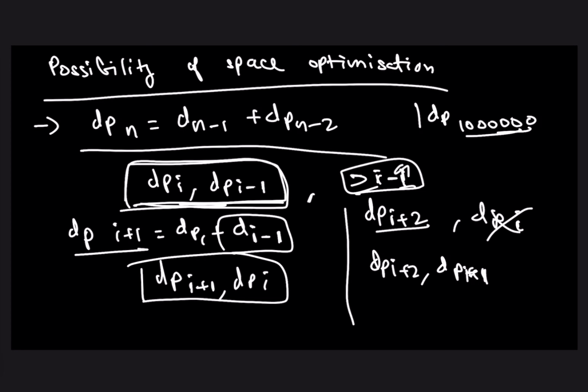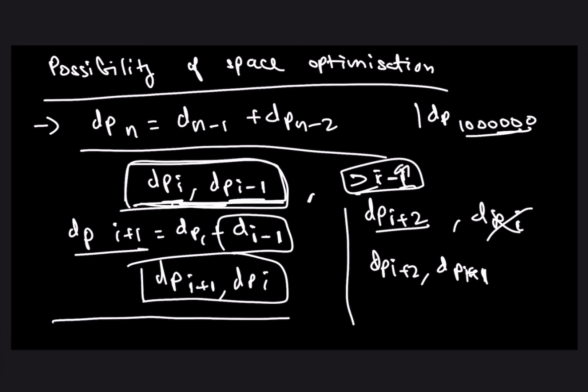So the idea is, to compute the I plus 1th state you do not really need to know the value of any state other than the I and I minus 1th states. So you can delete all the other states from memory because you are never going to need them in future. This is the same idea which knapsack and other problems also use to improve their space complexity. You will learn about them when you try to solve those problems, so there is no need to get into them right now. This is the brief idea of how space optimization works here.